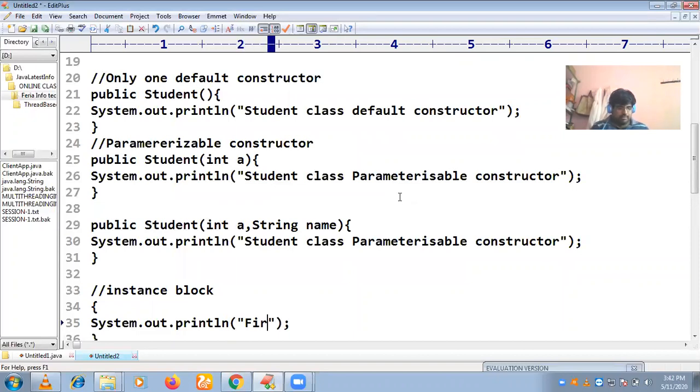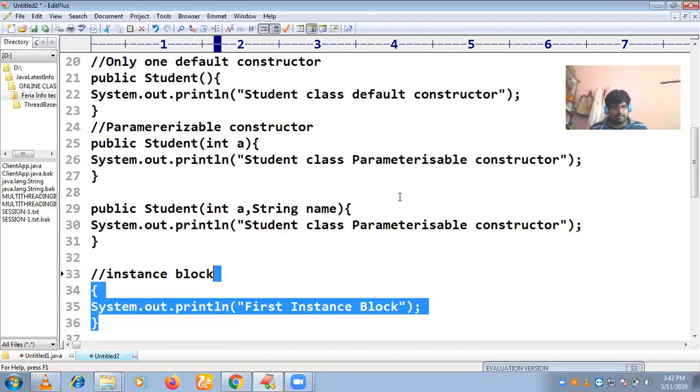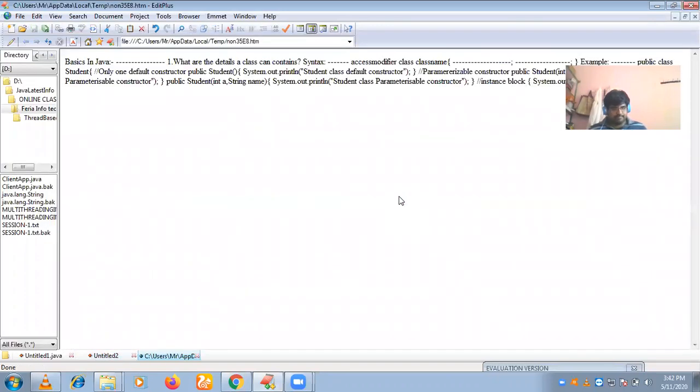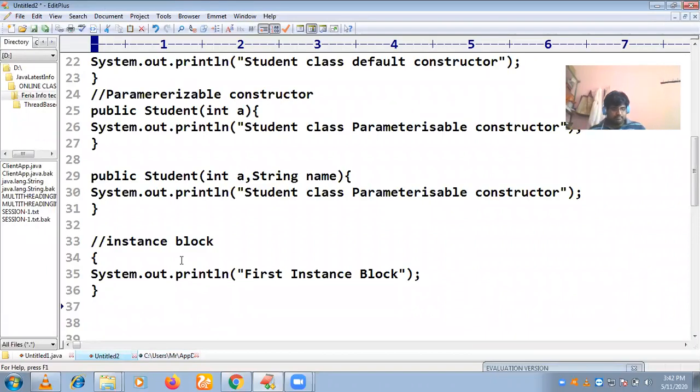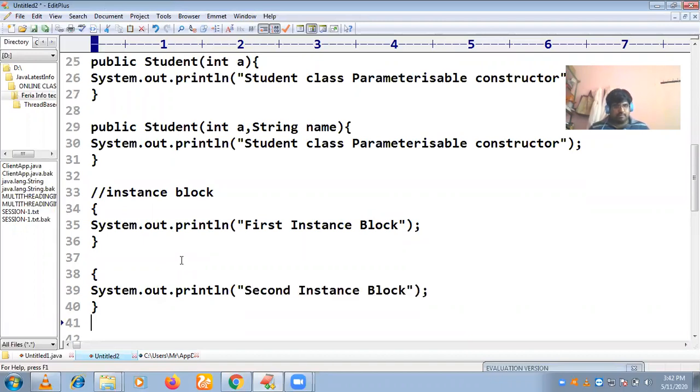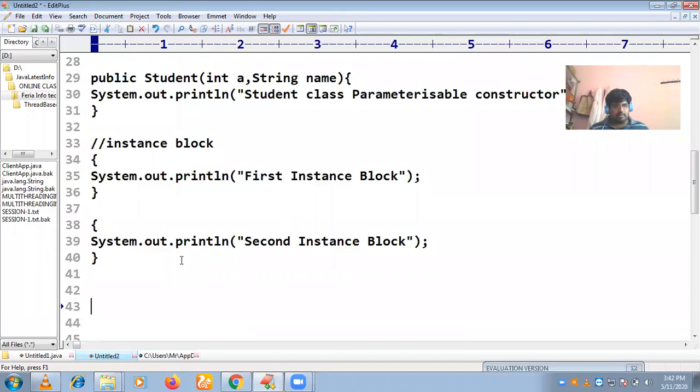This is my first instance block, and the same way this is my second instance block.